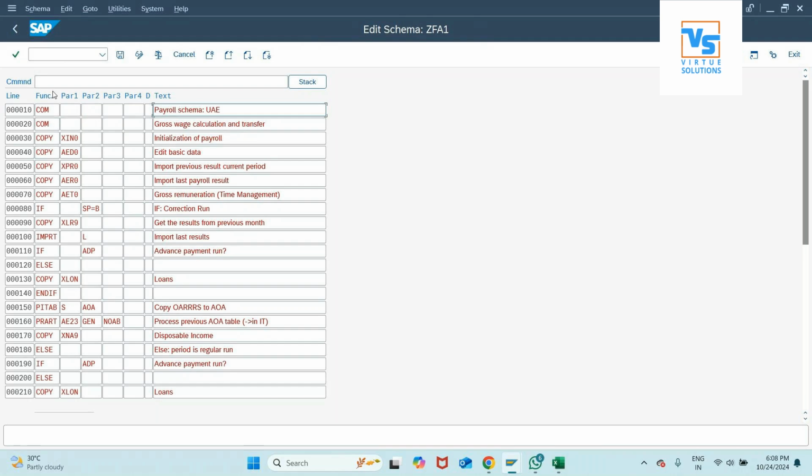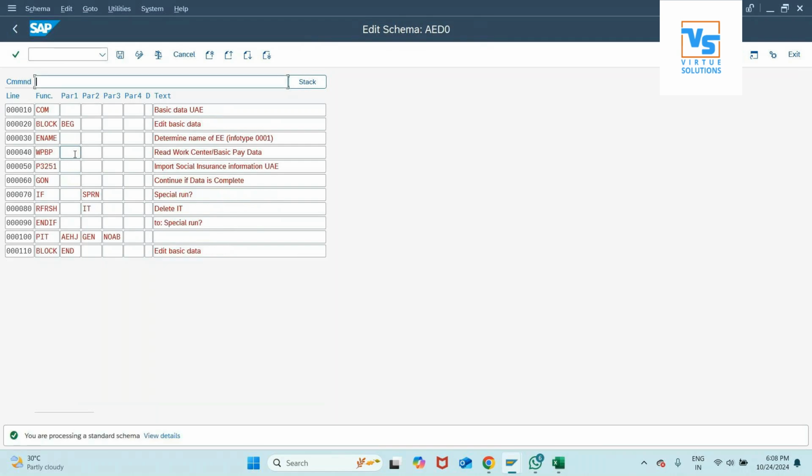If in column number 2 a function is copy, then column number 3, parameter 1, is a subschema. That is the funda we have to know in any country payroll. Say for example, AED0 is a subschema. Double click on that. Here, WPBP is a function which is reading the information from infotypes 0001, 0007, 0008 and 0027. So now what you can come to know,